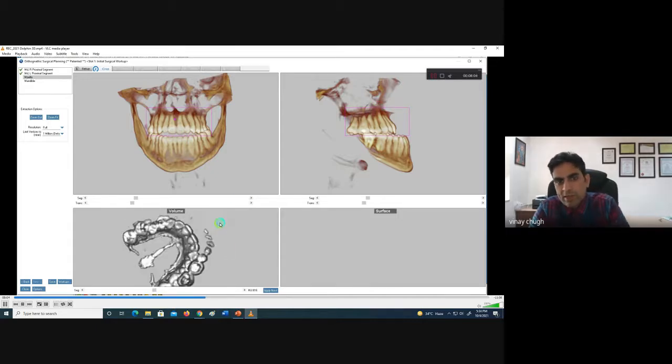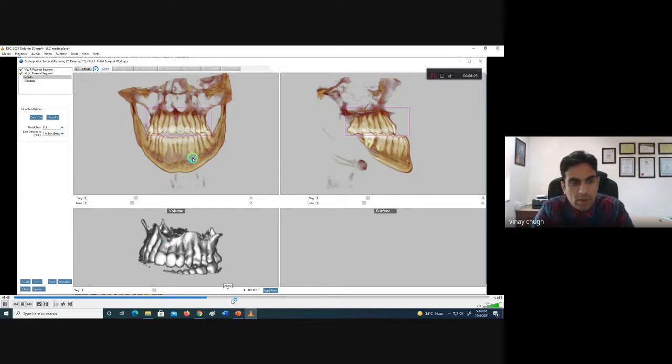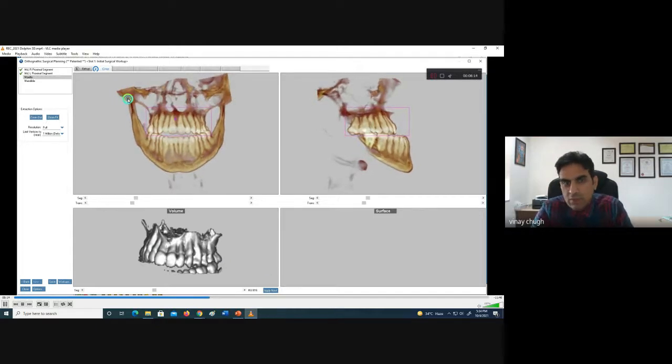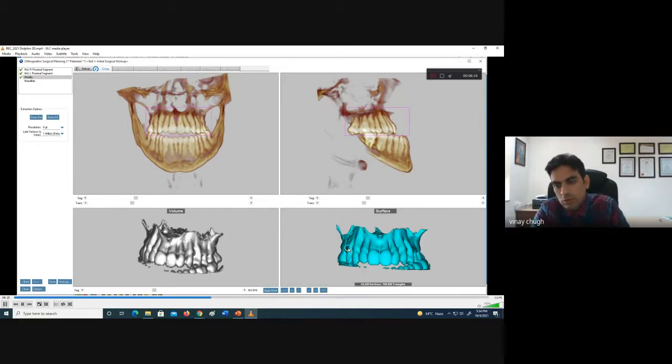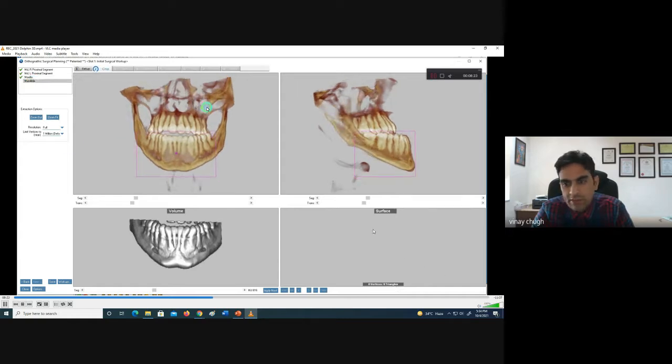So you can modify accordingly what you want. Whatever extra is there, there is an option to clean up. We'll clean up later. It looks difficult, but it is not difficult actually. Once you do it 2 or 3 times yourself, you will be able to do it very easily. So this is how we have built the maxilla.